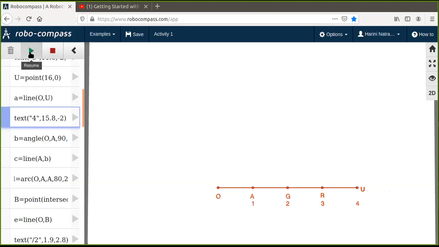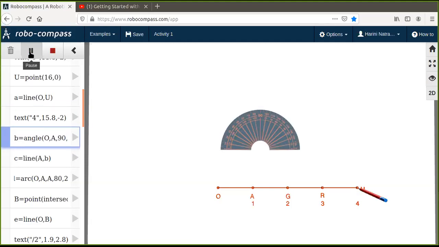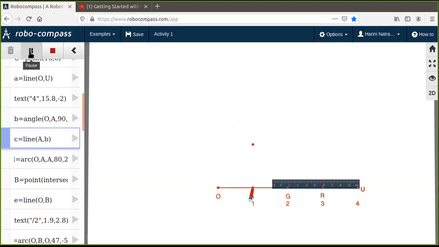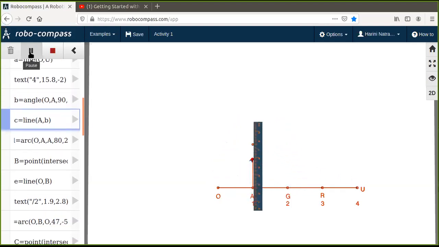Now once your number line is ready, next you have to construct a 90 degrees at A, because I told you I'll be bringing the Pythagoras here. So I take my protractor and mark a 90 degrees at A, and then I join that with a straight line. So I have constructed my 90 degrees at A. So this step you have to first do it. So I'm asking you to do it with a protractor.